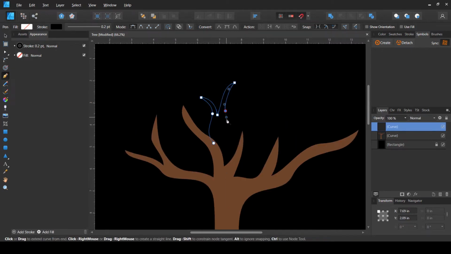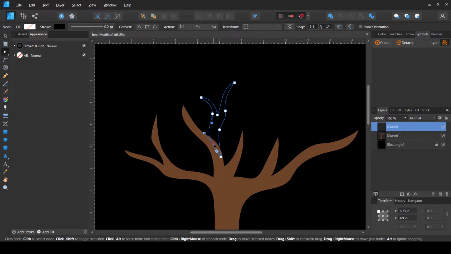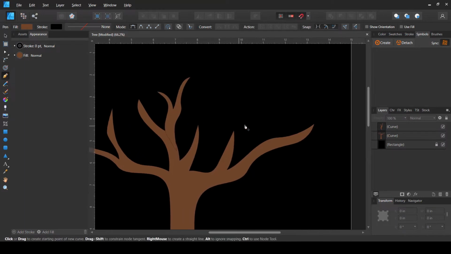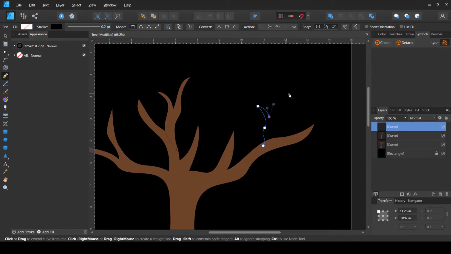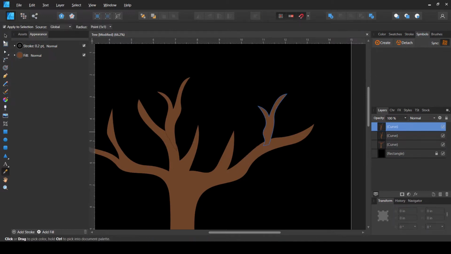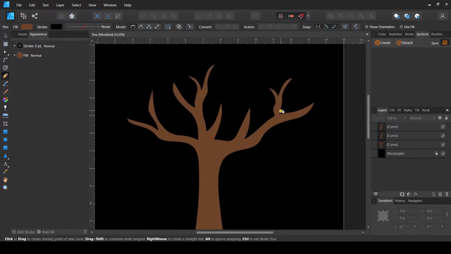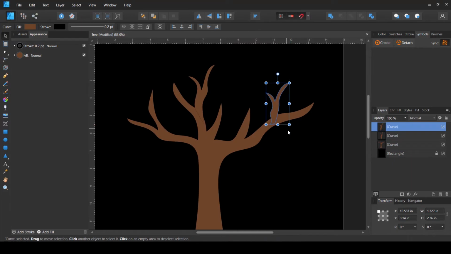I'm using a graphic tablet for this purpose, and this helps me draw in a more realistic, or you can say, in an easy way. With a mouse you can create the same thing, and of course it will take a little bit more time to create these branches, because in my opinion drawing cannot be done in a natural way using a mouse. So yeah, this is looking much fine, as it will be covered with the leaves, so I'm not really much concerned about how they look at this moment.